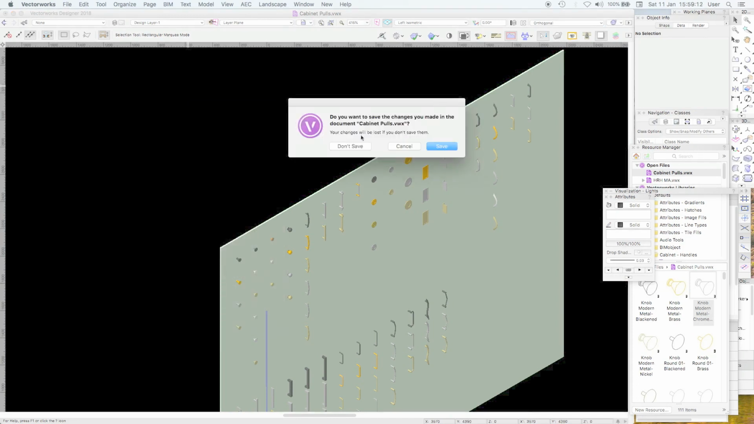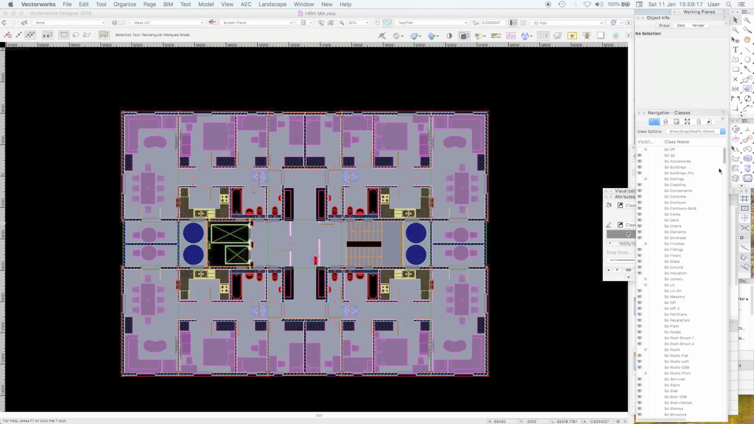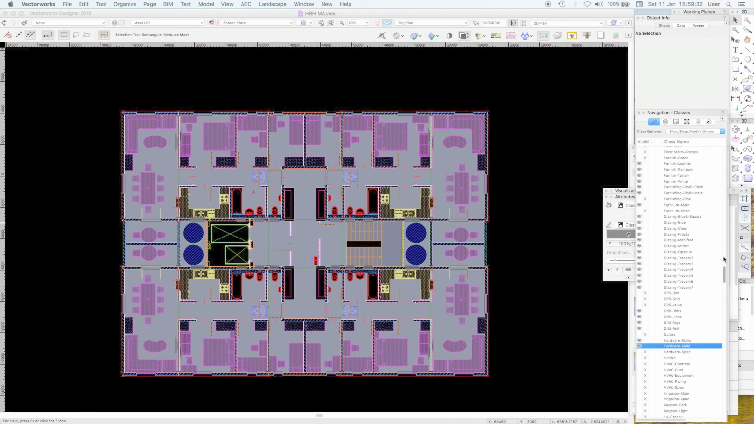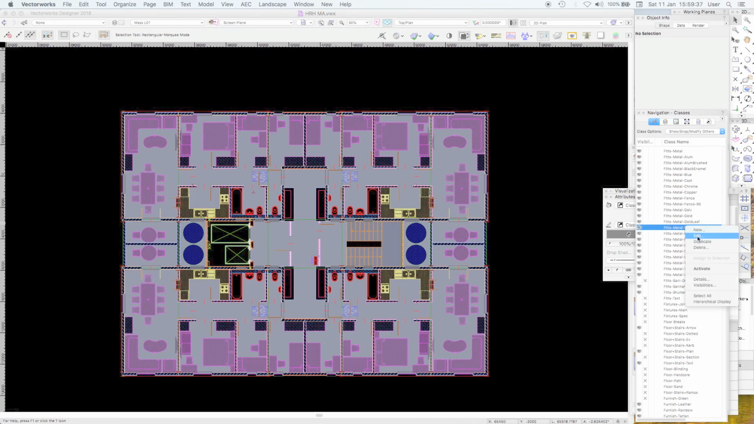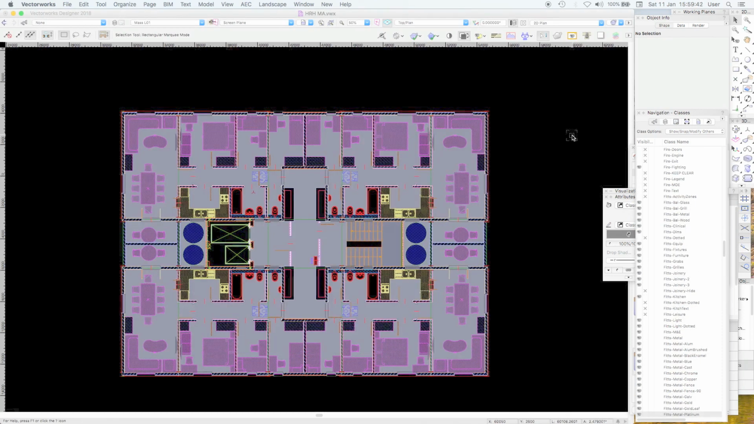Let's close this file. Don't save that. So we have a class for hardware cabinet pulls, and guess what? In fact, it is the Vectorworks default class, which is hardware main. Or, if you want it gold, you can put it as a fittings metal in gold. Fittings metal gold, fittings metal platinum. Platinum, of course, has the texture of platinum. So if you put your objects, and Vectorworks isn't good at this, I think